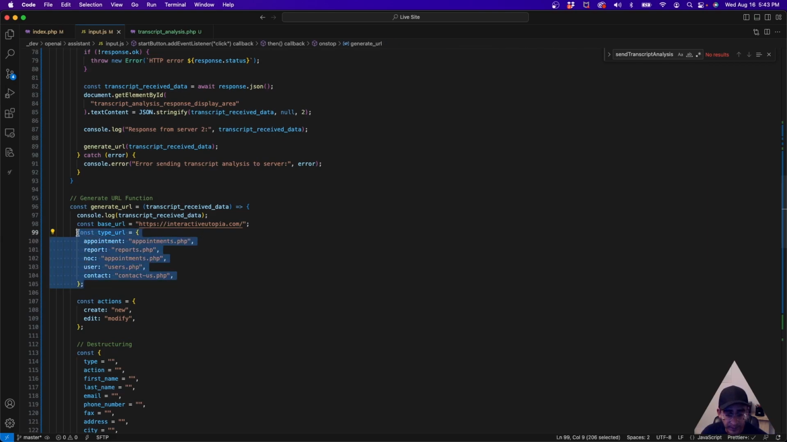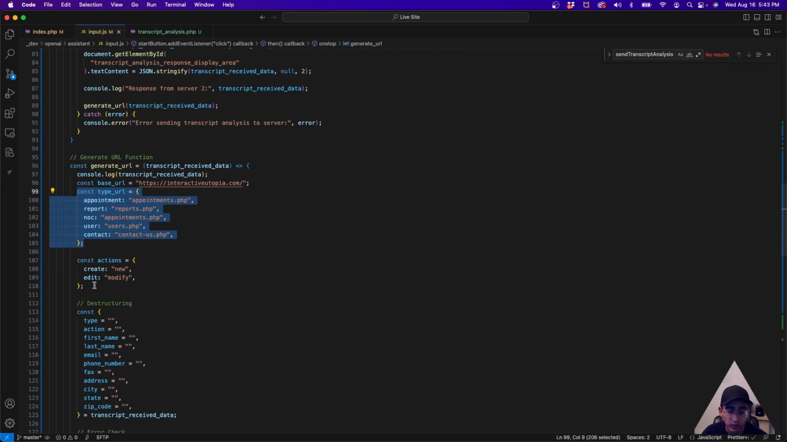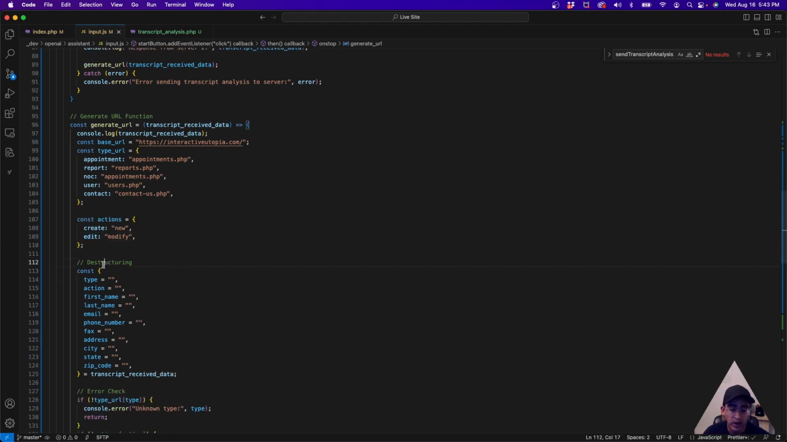So we're getting the type from here, and then we get the action. It's either create, which is a new one, or edit, which is modify. Okay, and then we also need to